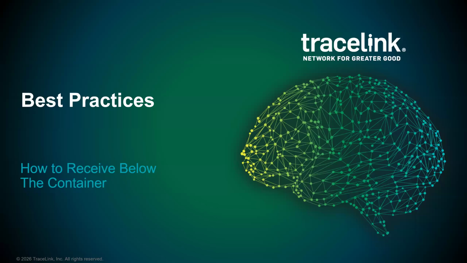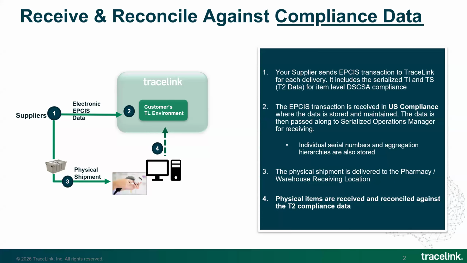So, best practices on how to receive below the container. Now we know that each dispenser functions a little bit differently. Some of you are receiving at the tote level. Some are scanning individual bottles and cases within the tote, and that's what we're referring to as receiving below the container. Essentially, what happens is your supplier is sending you the EPCIS file, which has what we call the TI,